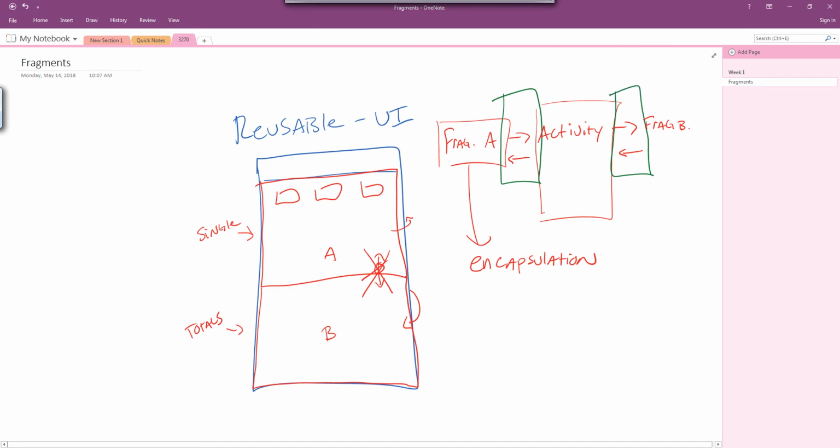In the past, we just had a hard-coded contract because we had a reference to the actual data type that contained the method we were trying to call. What we want to do, though, is loosely couple these together. We want to break the tight connection that exists right now between the two fragments and the main activity. Now, the way we decouple those, the way we loosely break those apart, is through the use of